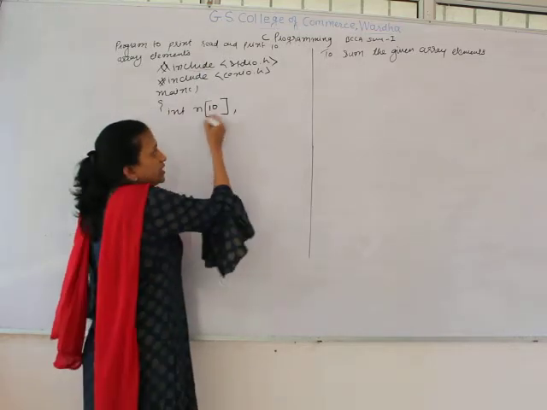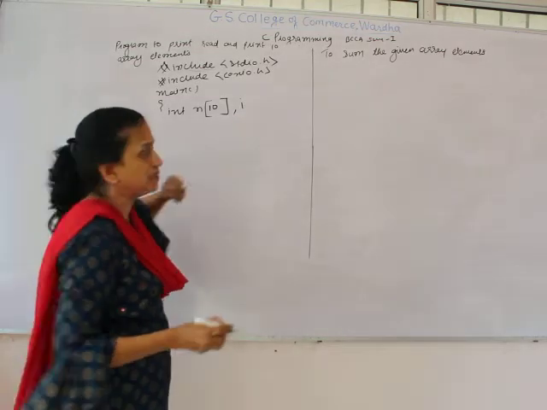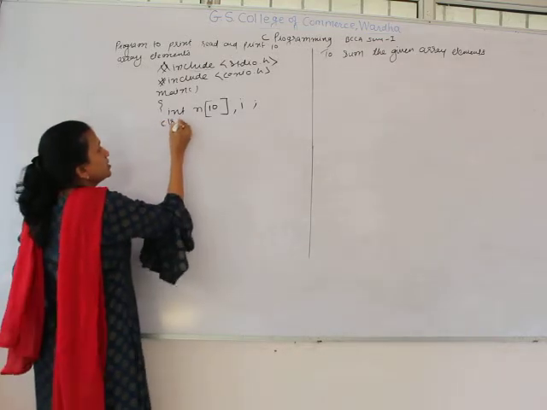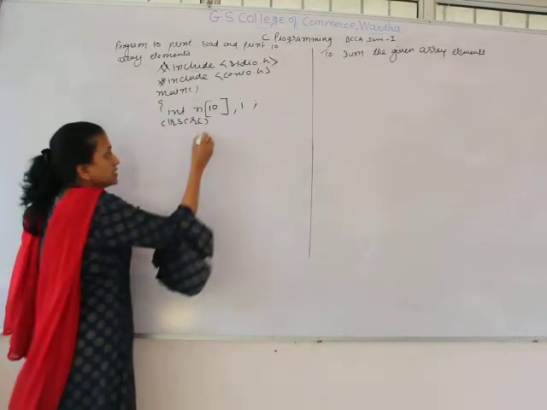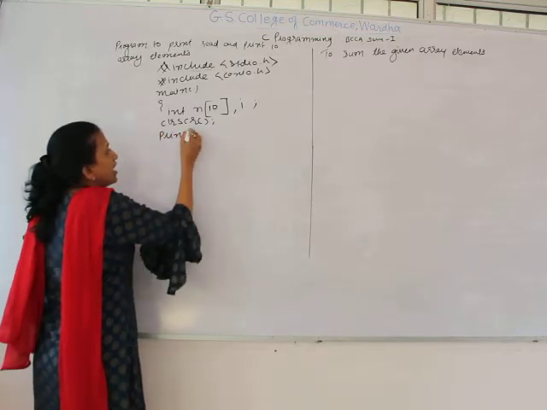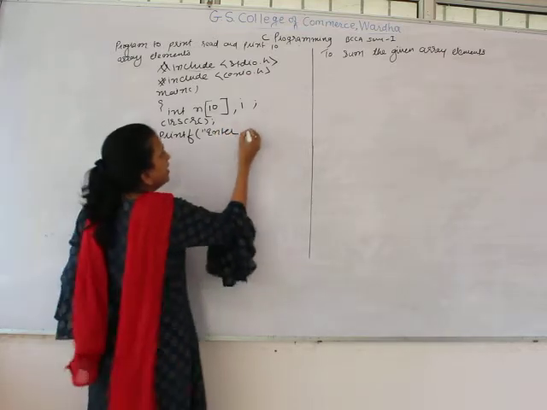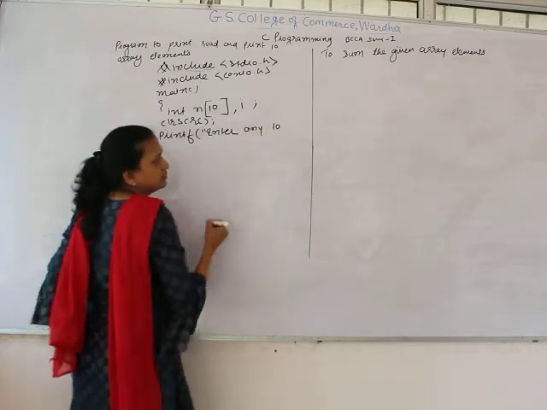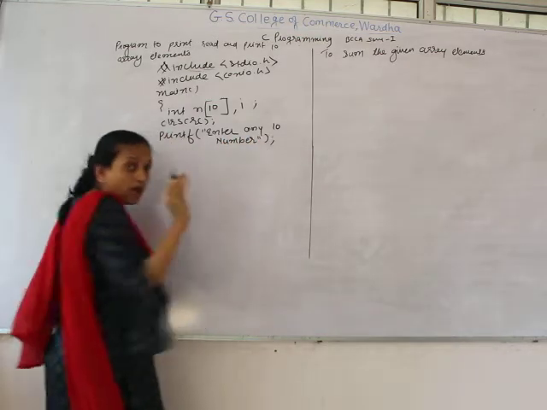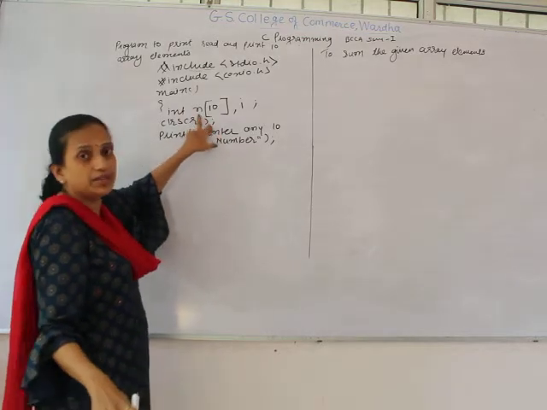To read the values I am taking one variable i, which I will use for the index number. After every declaration, make it a habit to add the clrscr function. Now printf, here I am displaying the message "Enter any 10 numbers". Here we are going to enter 10 values in the same variable, of the same type, and that variable name is n.